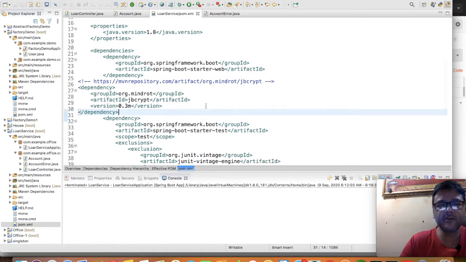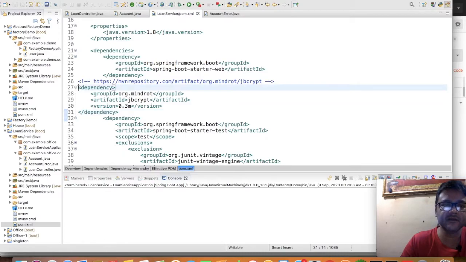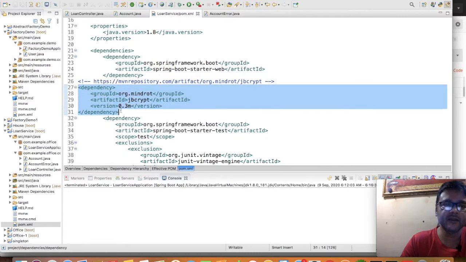Apart from default Spring Boot web, I have added this bcrypt dependency, so that I can use this bcrypt library for hashing. So here you can add this bcrypt dependency into the pom.xml before going for this hashing mechanism.